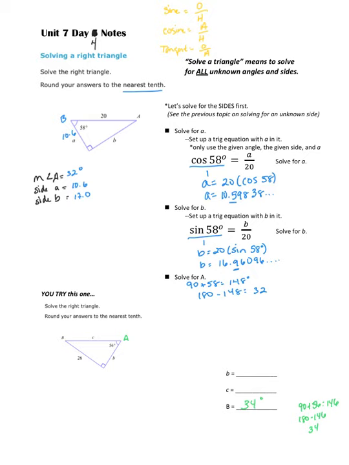Now, let's solve for side B, okay? I'm going to use my given angle, A. Side B is adjacent to angle A, and 26 is the opposite side to angle A. So what trigonometric ratio uses opposite and adjacent? That would be tangent. So I'm going to say tan 56 equals opposite, which is 26, over adjacent, which is B. Put it over 1 to cross multiply. I get 26 equals B